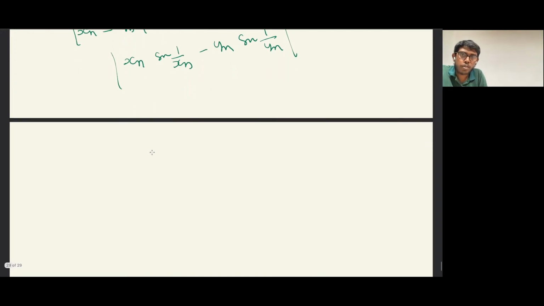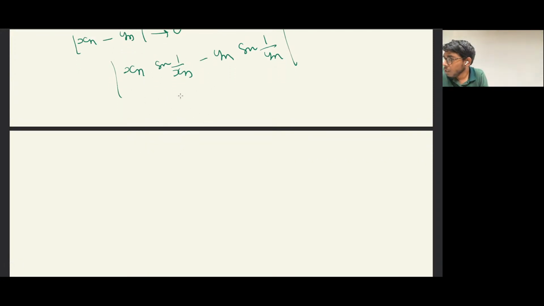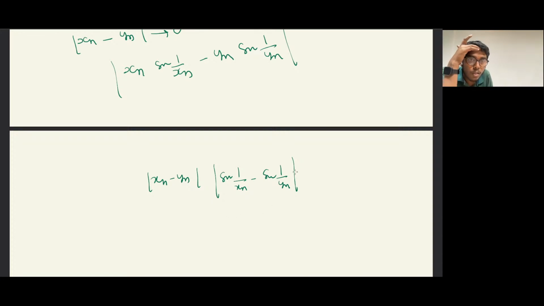So let's try to write this down. I somehow want to write xn minus yn times sine 1 by x minus, but this quantity is not bounded, so we cannot write it. The main thing is bounded, so